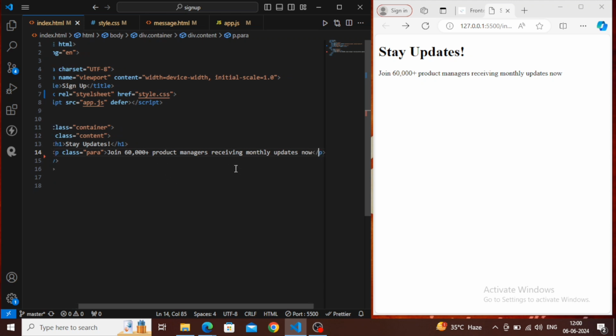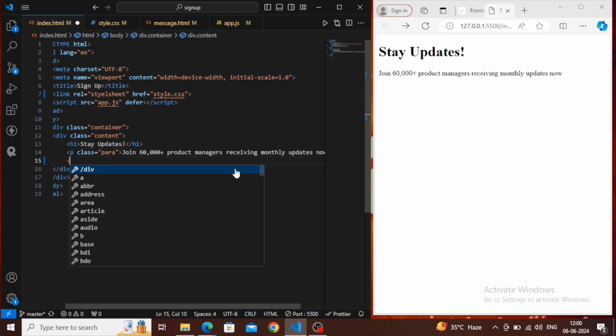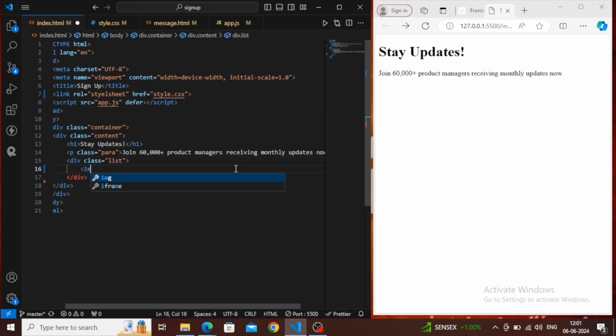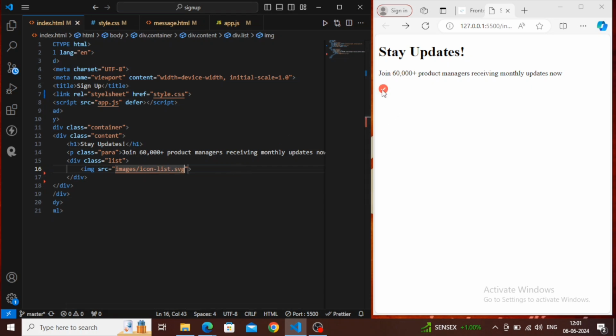And after that we will create another div, and inside this div we will give the list content and the image. Div dot list. Inside this list we will have one svg image, and I have kept these images inside images folder icon, and it's the first one. Now you can see we are getting this icon here. Like this we will create three or four icons,